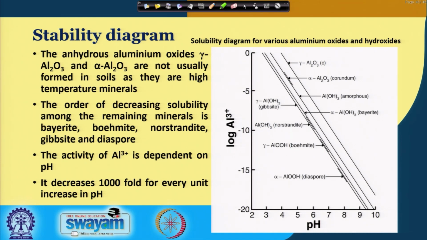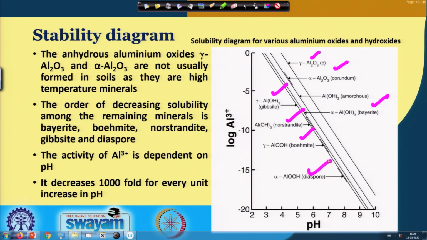So, the anhydrous aluminum oxides, as you can see here, like gamma alumina and alpha alumina, are not usually formed in soils because they are high temperature minerals. The order of decreasing solubility among the remaining minerals is bayerite. So, here you can see the bayerite, and decreasing solubility means it is the least soluble, followed by boehmite and then nordstrandite and then gibbsite